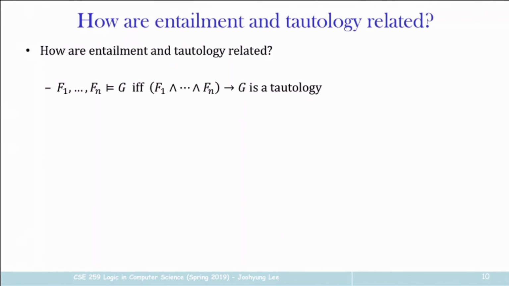Alright, the next one is how entailment and tautology are related. Okay, so this is the relation. Maybe you have guessed it when we were doing the examples. So F1 through Fn entails G if the conjunction of F1 through Fn implies G is a tautology. Okay, so here is an example. If you have P or Q as F1 and not P or Q as F2, this entails Q, right? Okay, and this is same as saying